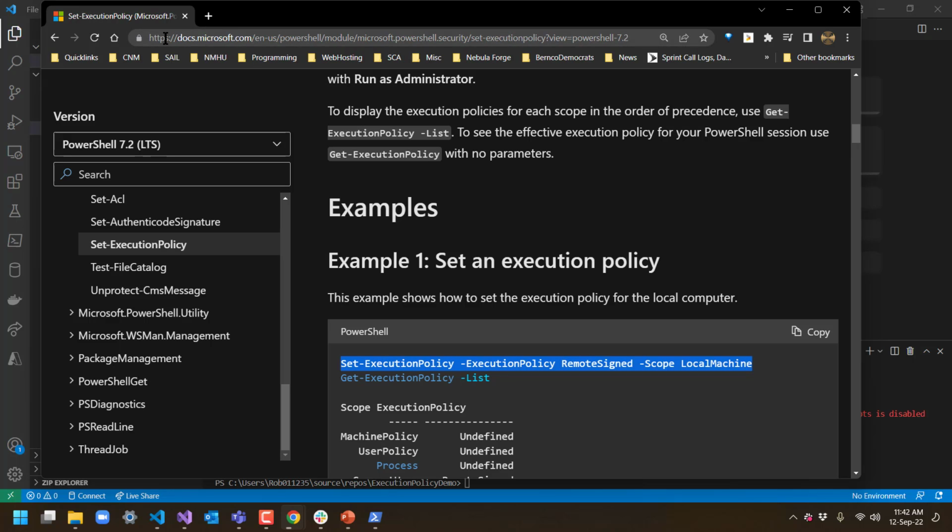And that's located here. If you search for PowerShell set execution policy, it'll bring you to this documentation page. And in here you have an explanation of how you set execution policies, what the different ones are. The one we need is conveniently just right here. So we're going to set our execution policy to RemoteSigned. So we can just copy that